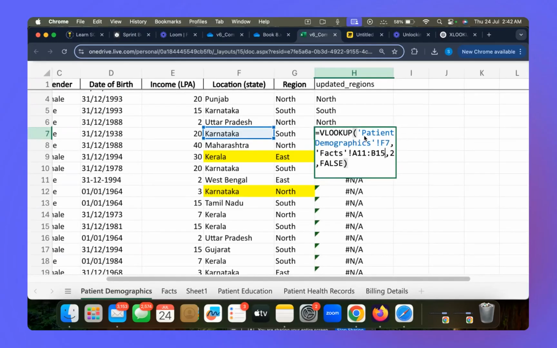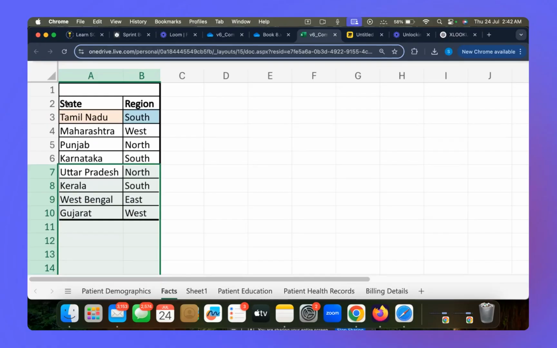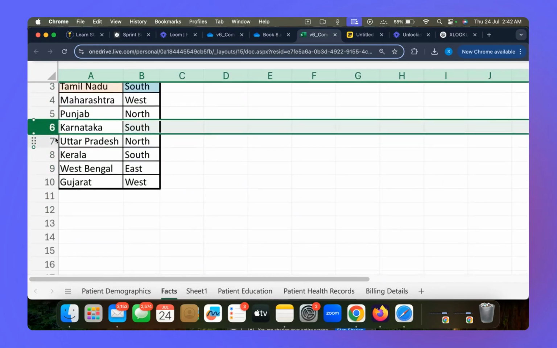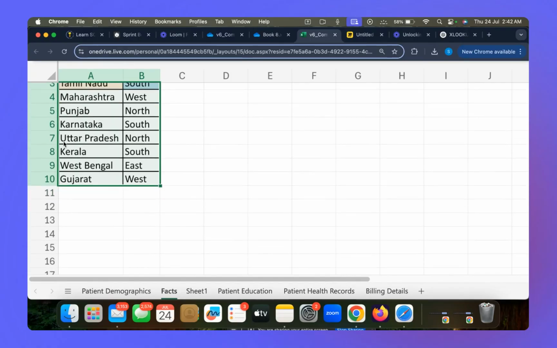If you try to look at this formula, you are trying to find Karnataka in A7 to B15. Let's try to find Karnataka in A7 to B15. Do you find Karnataka in A7 to B15? No. Right. If my reference had stayed fixed, then I would have found Karnataka in the 6th row. But my reference sheet has changed as I went downwards applying the formula for other cells. I noticed that the reference is not fixed here anymore.